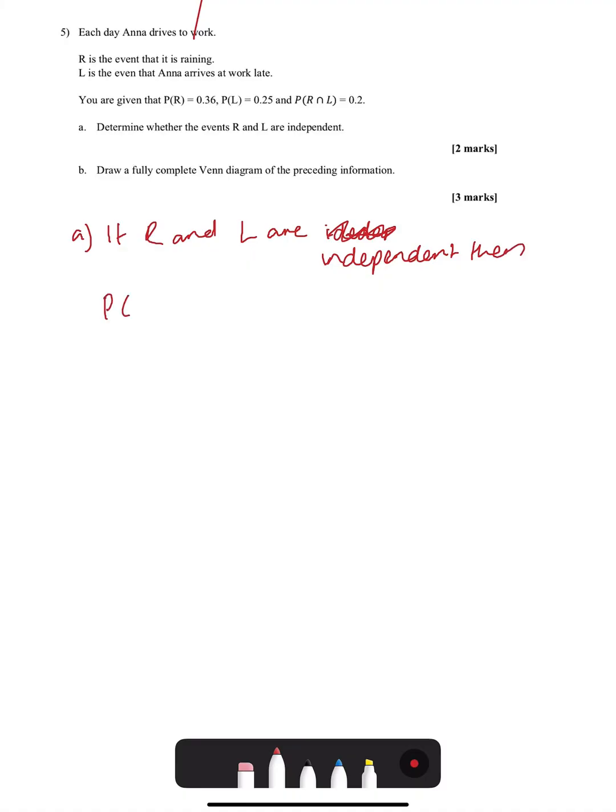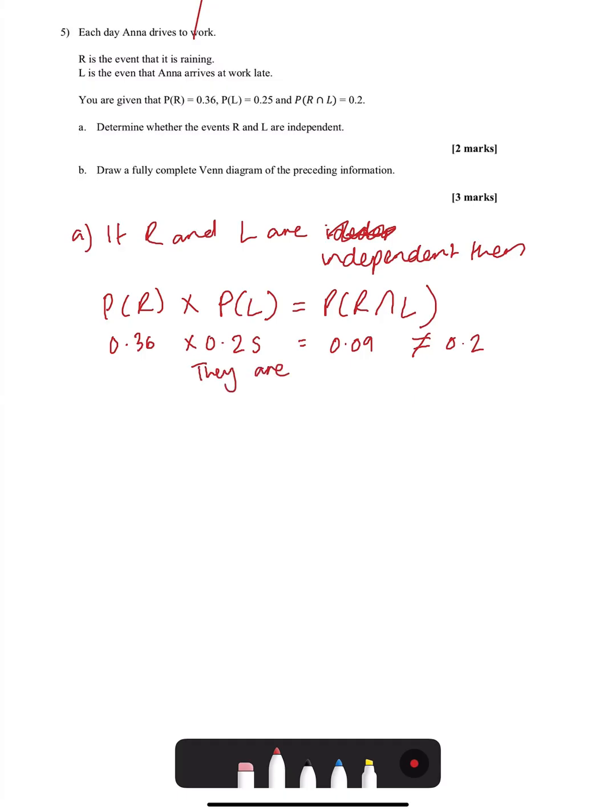then the probability of R times by the probability of L would be equal to the probability of R and L. So let's just see that. 0.36 times by 0.25. That gives me 0.09, which is not equal to the 0.2 that they gave me. So they are not independent. So because they're not independent, it means that we've got some overlap, which draws us on to part B,